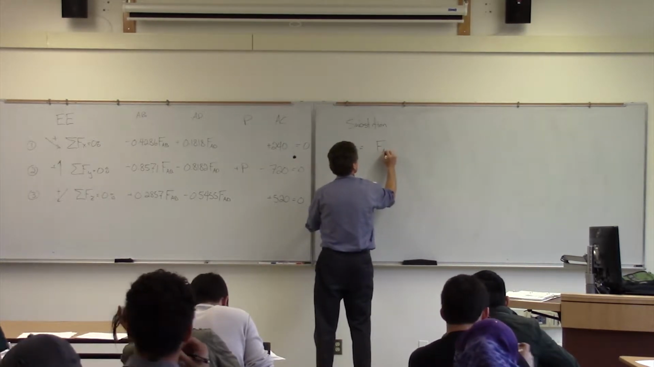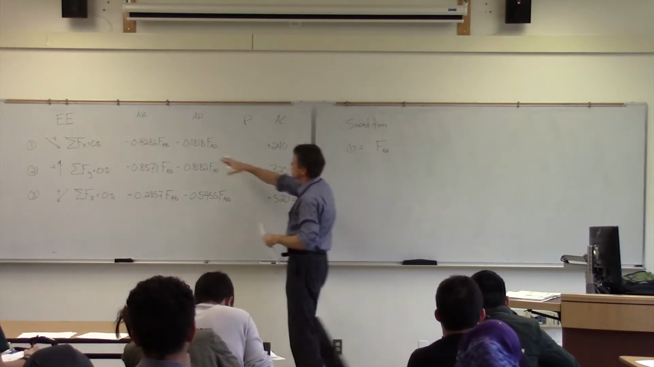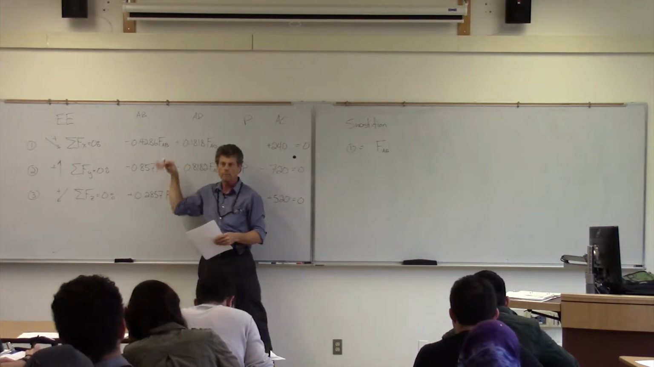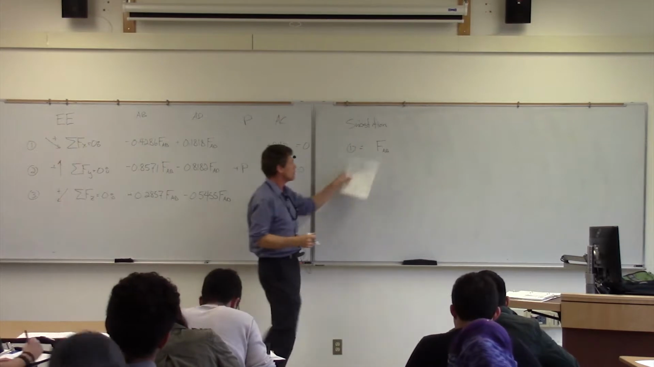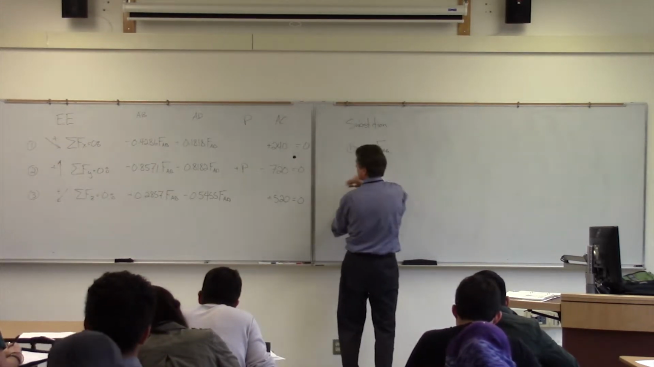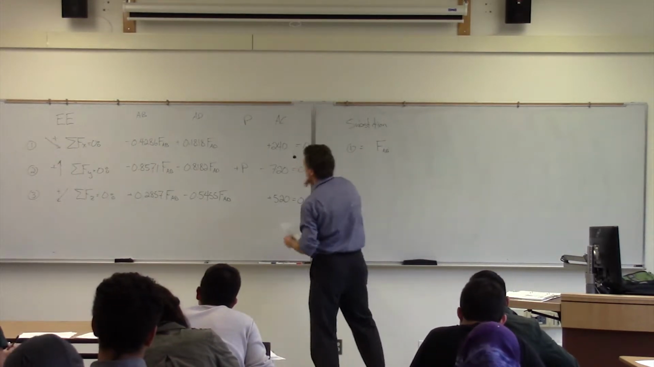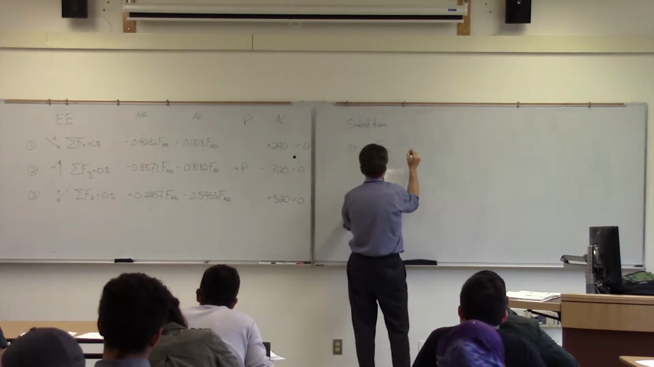So in substitution, what we want to do is I take equation 1 and I'm just simply going to solve it for FAB. And then I'm going to substitute that in somewhere. So FAB, if I go through, divide through by 0.4246,